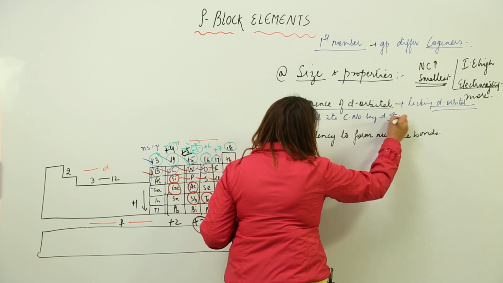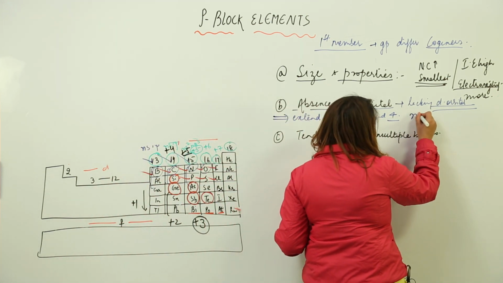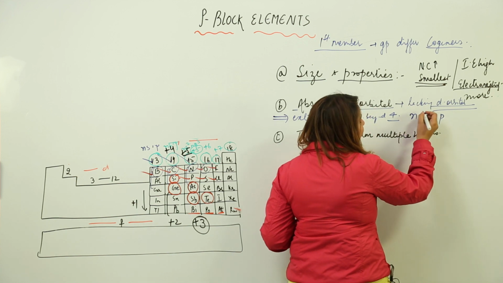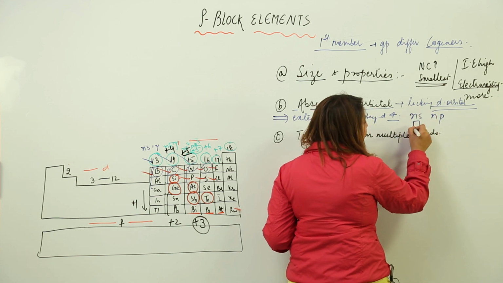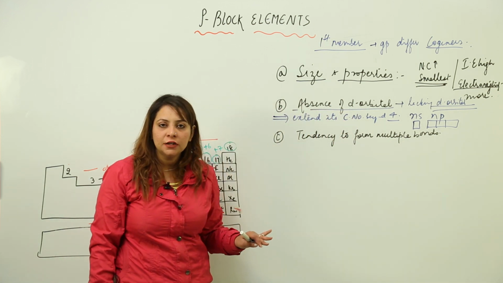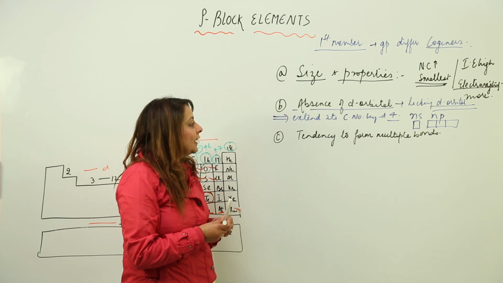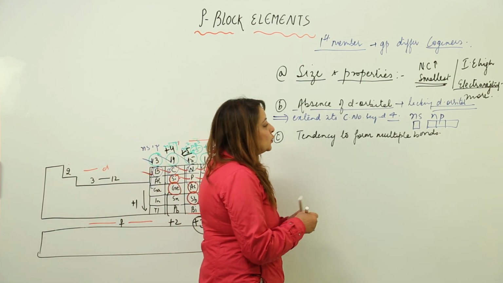It cannot extend its covalency beyond 4, because here the filling of ns and np will take place, and as we know, s has 1 orbital and p has 3 orbitals. So only 4 orbitals can participate in the bond formation. Therefore it cannot extend its coordination number, and due to this reason what we get to see is,